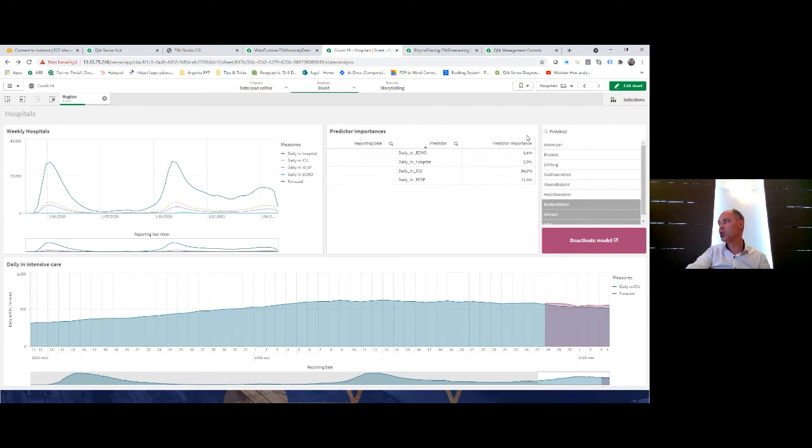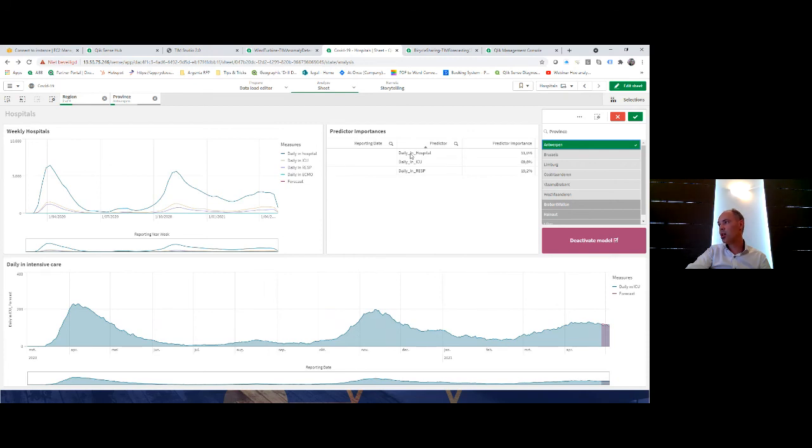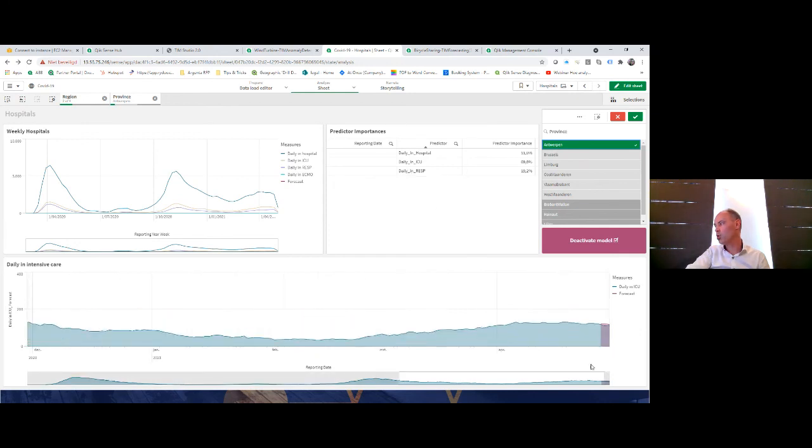And what I can still do here now is say, okay, but I want to show this, for example, for Antwerp. And then it will again automatically recalculate it. You see that, for example, now one predictor disappeared, and that's basically because TIM automatically detected that this predictor is not important anymore for Antwerp in this scenario, so it will of course not take it into account anymore. You will even see that it's now more accurate.